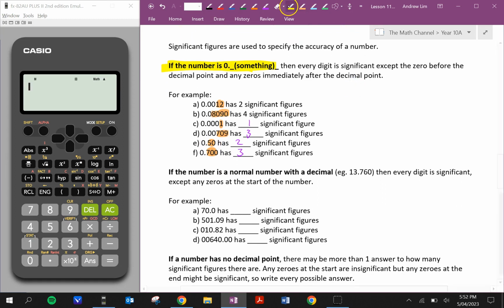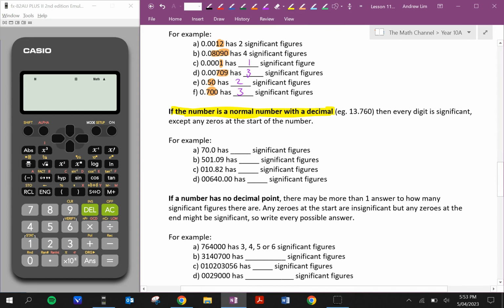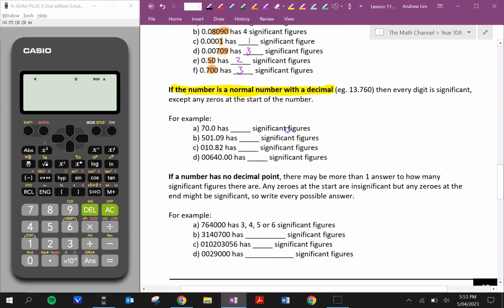Alright. Now, if the number is a normal number with a decimal, so not 0 point something, but for example, 13 point something, or 8 point something, or minus 6 point something, then every digit is significant, except any zeros at the start of the number, because we never write numbers like that. It's very silly to do so. So, for example,